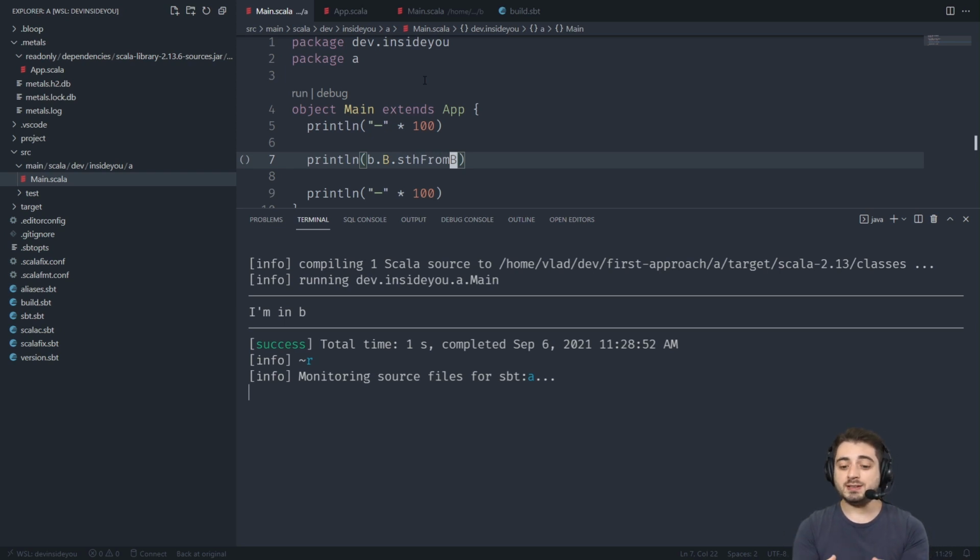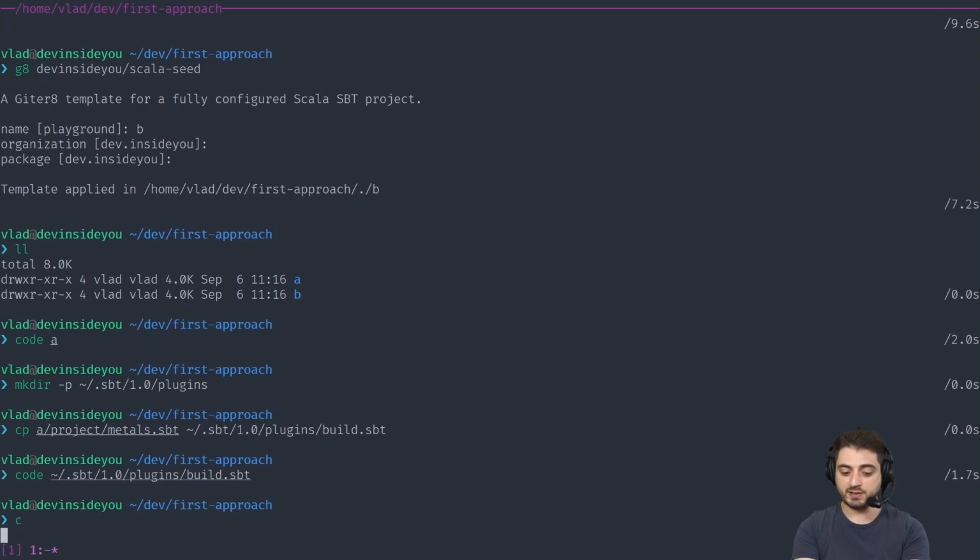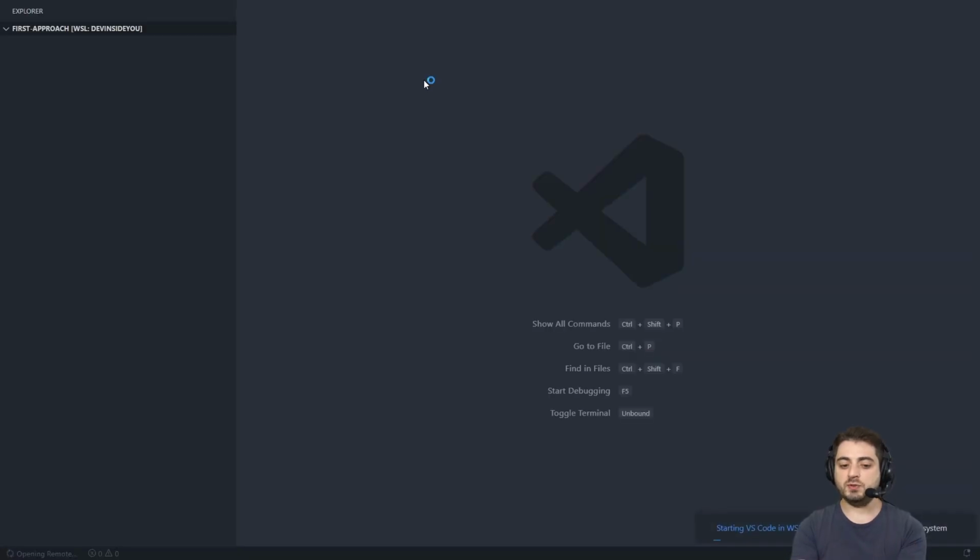All right, so this is already some progress, right? So we have the compilation going on. Metals understands everything. However, it is still inconvenient to work on project B because it's not over here. So I hope that you're aware that if we simply close VS Code right now and open the entire directory, the entire first approach, Metals is going to be confused because it's going to say, hey, there is no Bloop build in the root directory, right? This is the main issue that we're trying to solve.